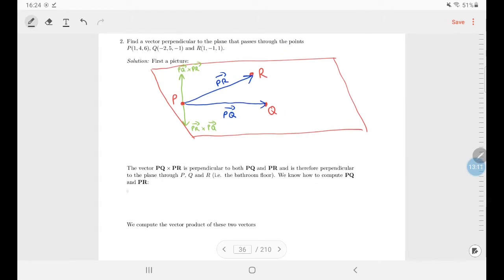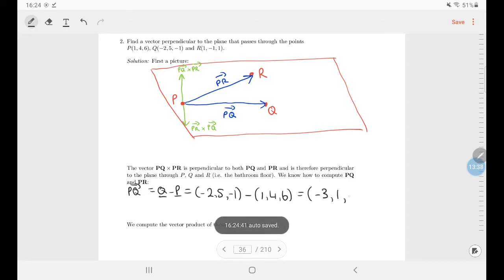So the vector from P to Q is Q minus P. Q is minus 2, 5, minus 1. Take away P, which is 1, 4, 6. So I get, remember you just take away component wise, minus 2 minus 1 is minus 3, 5 minus 4 is 1, and minus 1 minus 6 is minus 7. And then we also want to do P to R,